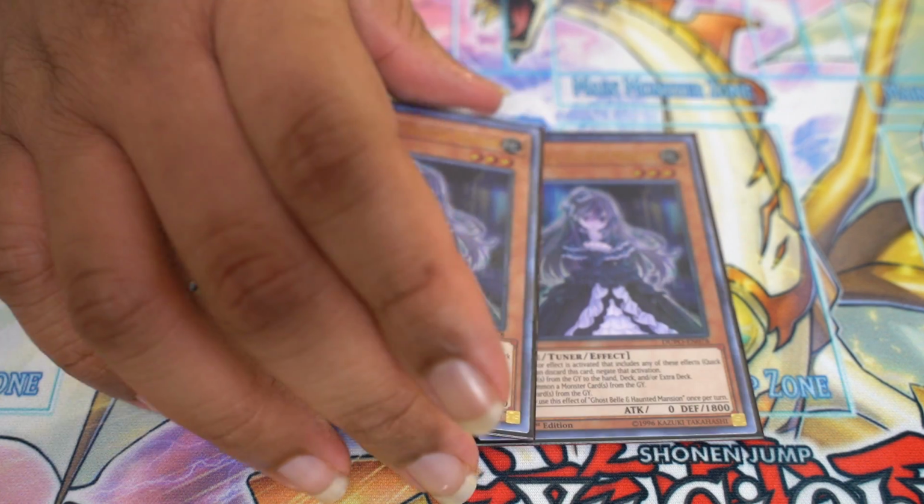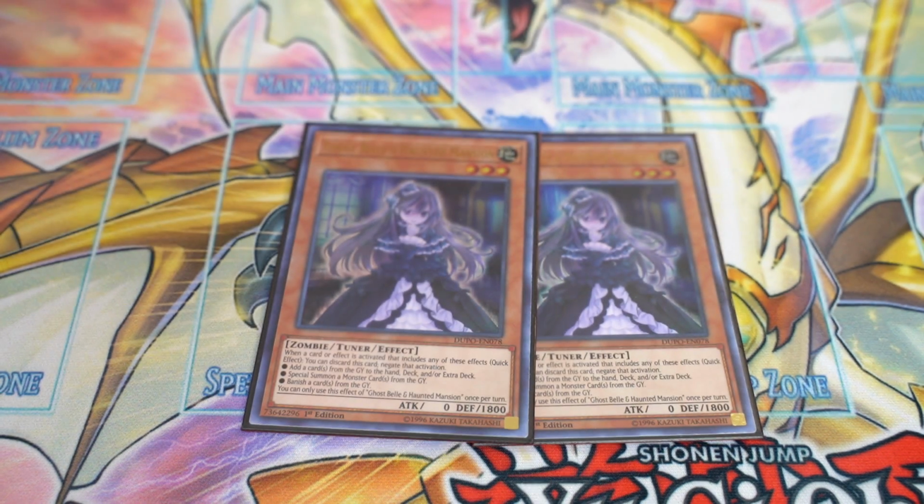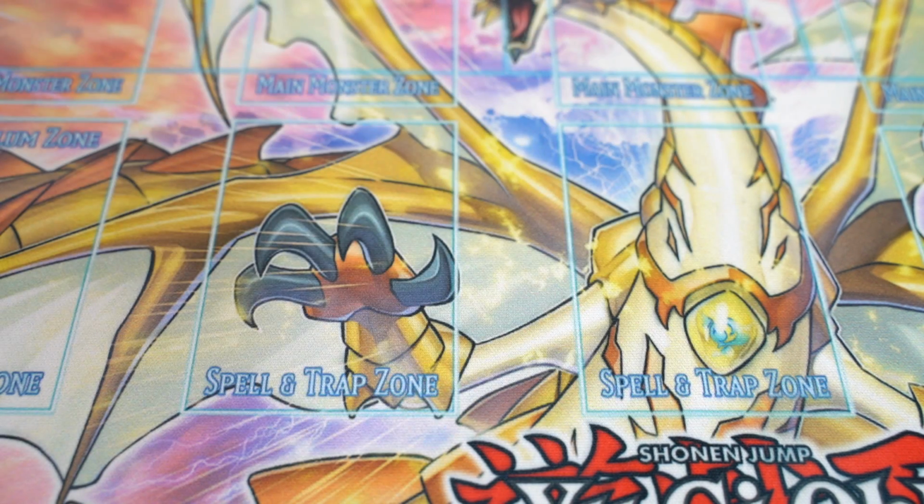For hand traps, I run 2 Ghost Bell. Basically, I run Ghost Bell to stop all those basic graveyard effects. Also, just to stop my opponent from using Call by the Grave, stuff like that. To me, it might be the most versatile hand trap you can use right now, going next to Ash, which is why I also run